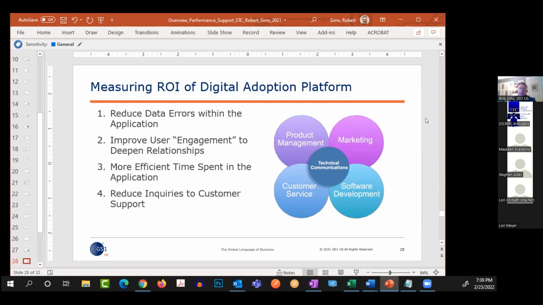We can see in the heat maps that, again, sometimes a user could spend 25 minutes, 30 minutes just trying to add a single product. And then finally, the big one really, which is reducing inquiries to our customer support. First of all, level 1 calls, those base calls, are time consuming. They're walking through a product, which is 15, 20 minutes.